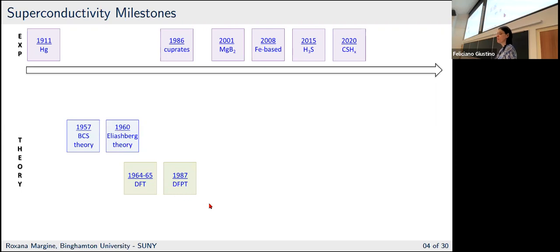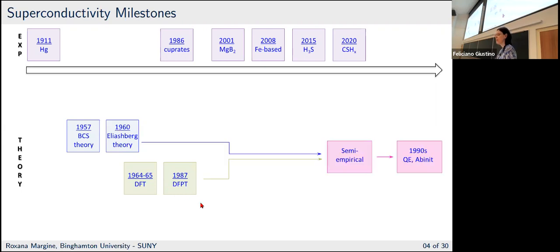Nevertheless, the development of DFT and DFPT has enabled application of this Eliashberg theory in a simplified, semi-empirical form using the McMillan expression, and that was done for many years, starting, I would say, from the 90s, because the electron-phonon coupling was available in Quantum Espresso and Abinit codes. So now what was crucial for